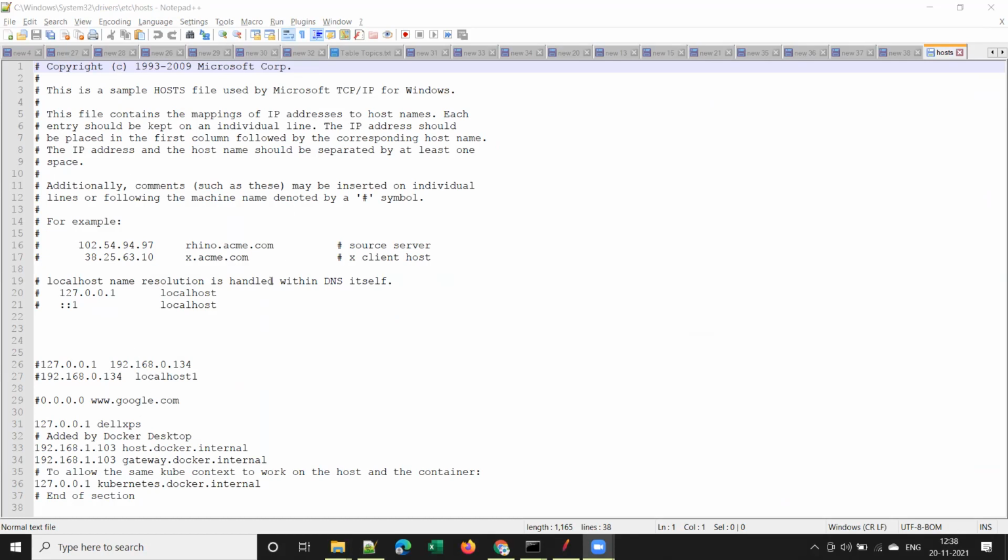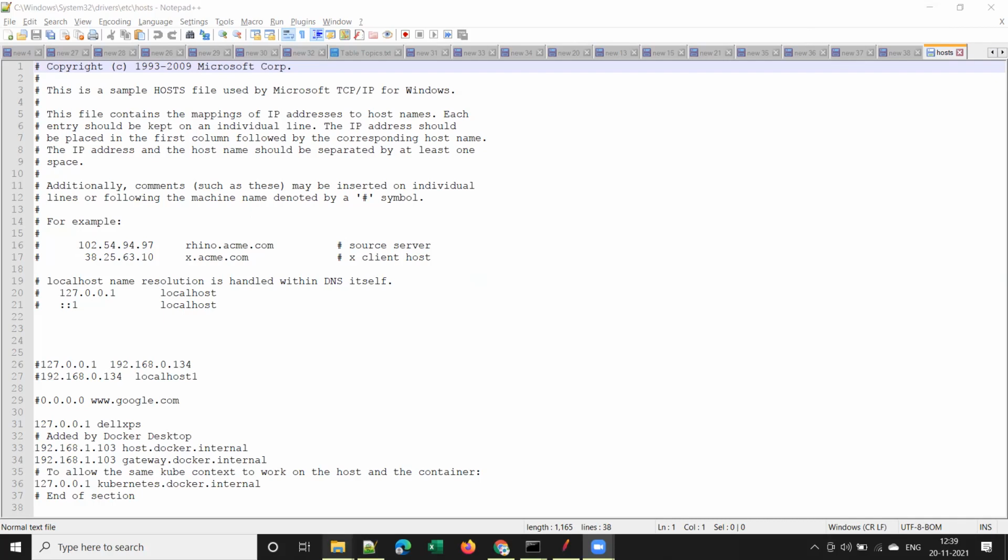Right. So this is how a host file looks like. We will explore how to use this host file and when to use this host file. I'll explain this later, but every software engineer should know that there is something called a host file on your Windows operating system, and this is the location.